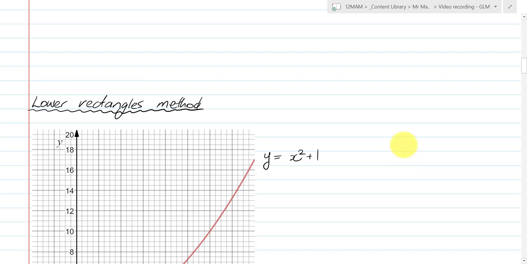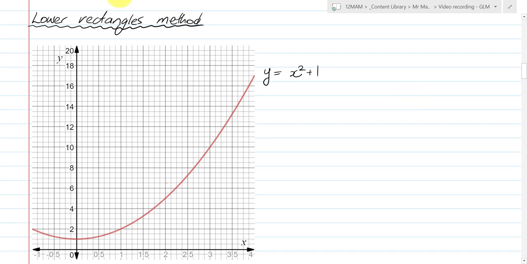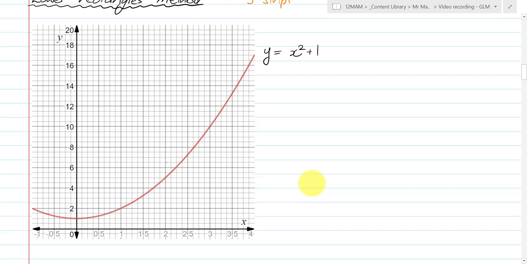What about the lower rectangle method? Now I'll do this again, and just to keep it simple, I'll do it just with 3 strips. Obviously 6 strips would be better, but I think it's a fairly trivial case, and once you see this, you'll know it and you'll be fine. So our terminals are going to be 0, 1, 2, and 3 again, sorry, which has a height of 10. But our lower rectangle method, unlike our upper rectangles method that was like this, and then up to here, and then up to here, our lower rectangle method in light blue uses the lowest height. So there,